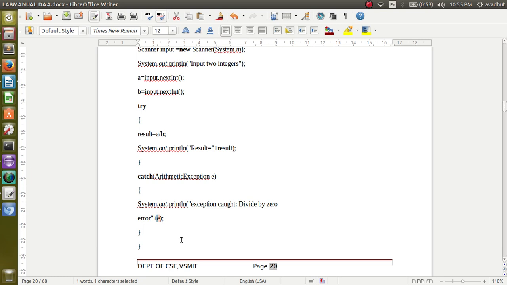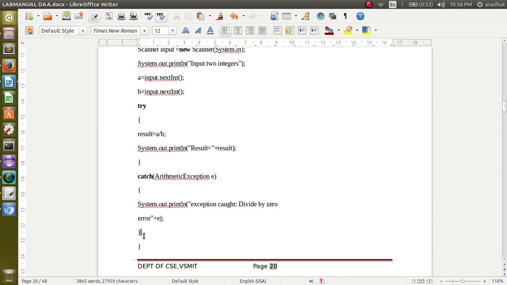If the try block raises an exception, only then will this catch block be executed, otherwise it will not be executed. And one more very important thing: whenever you write a try block, whether the exception is raised or not, we have to write one corresponding catch block, otherwise it will give an error. In any programming language, if you write a try block, its corresponding catch block should be present. This is how it is going to execute.